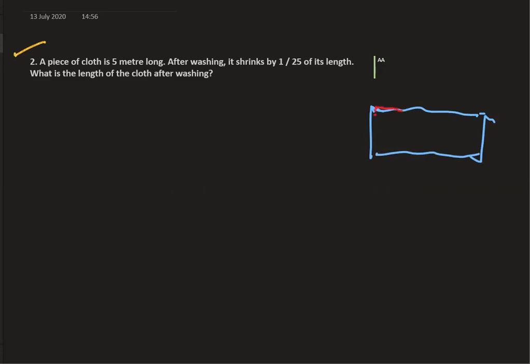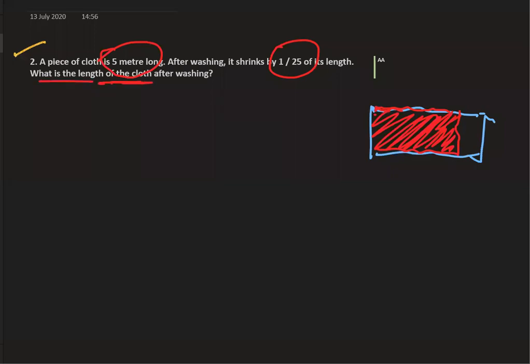Shrinks means सिकुड़ना, ठीक है? जब हम कपड़े को वॉश करते हैं तो वो सिकुड़ जाता है. तो ये क्लोथ था आपके पास, now you washed it and suppose ये श्रिंक होके इतना छोटा हो गया है. ये रेड पोर्शन से जो मैंने आपको शो किया है ये इतना छोटा हो गया. तो क्वेश्चन ये कह रहा है कि पहले जो लेंथ थी वो 5 मीटर थी, then ये 1 upon 25 meter of its length is shrink. So the question is asking what the length of the cloth after washing. After washing इसकी length कितनी है, means red part कितना है. You have to tell this.